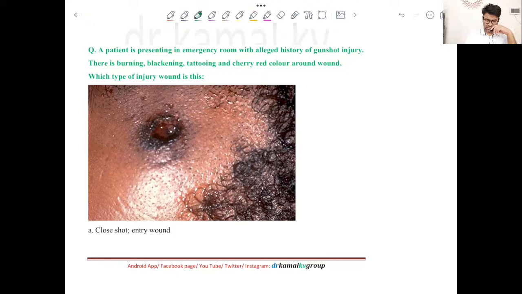Now this is not a patient, actually it's a dead body, right? So there is a dead body and he is having a gunshot injury. Okay, now what we can see here, there is burning, blackening, tattooing, and then there is cherry red color around the wound. Now what kind of injury is this? Sangmitra,